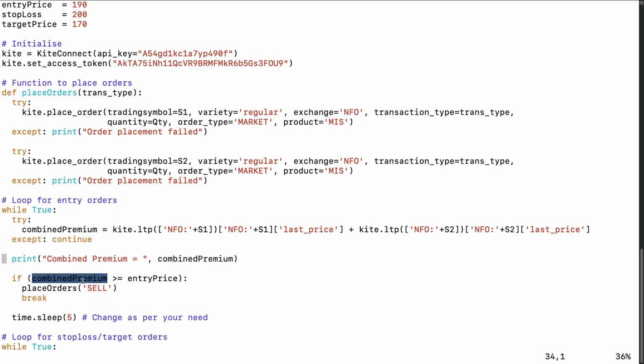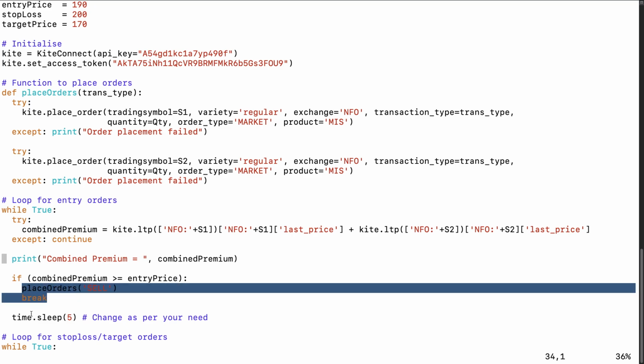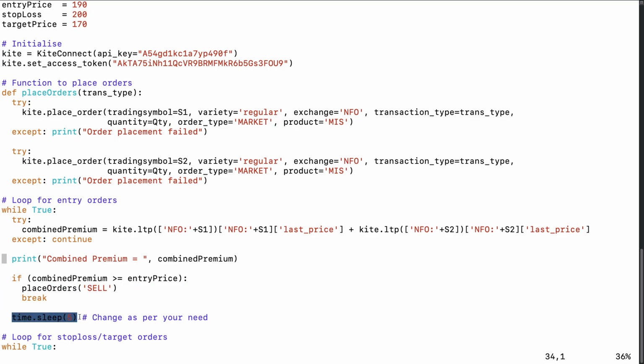Now it will check whether 185.35 is greater than my entry price. I've given the entry price as 190 rupees here, if you notice. Since this is not greater than, because this condition is not true, it will not execute this piece of code. It will jump directly here.